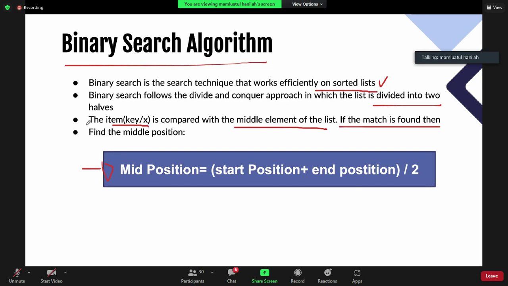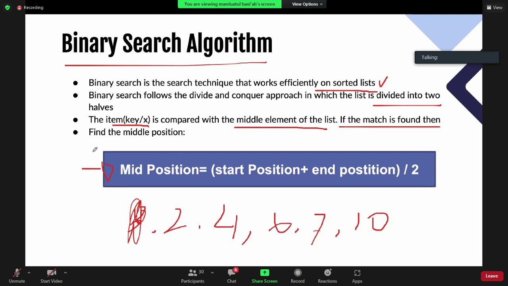This is the formula for you to find the middle position. Maybe you have an array, and we need to use an ordered one. So maybe you have 2, 4, 6, 7, and 10. So your index starts from 0, then 1, 2, 3, 4.